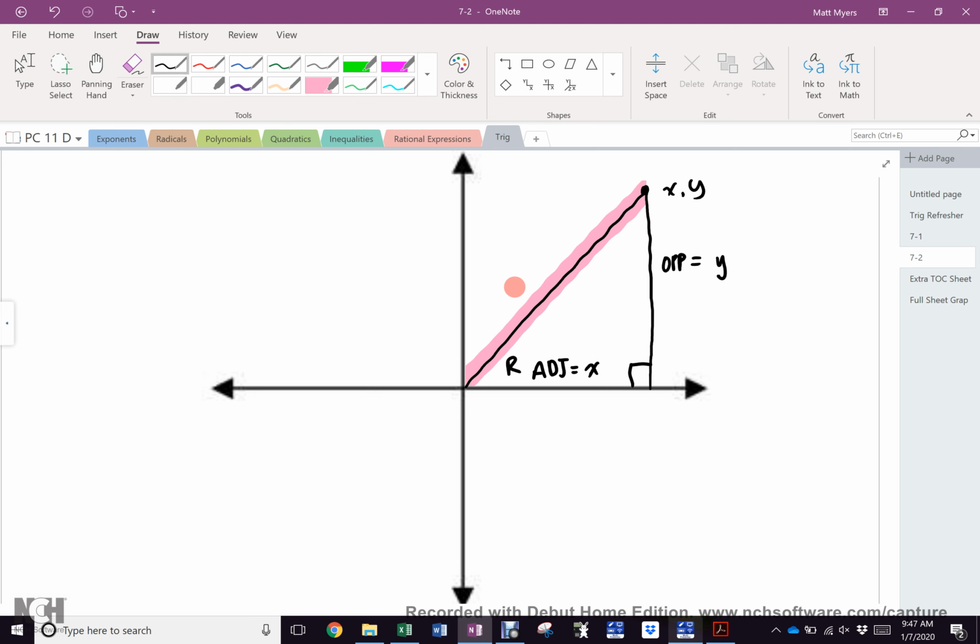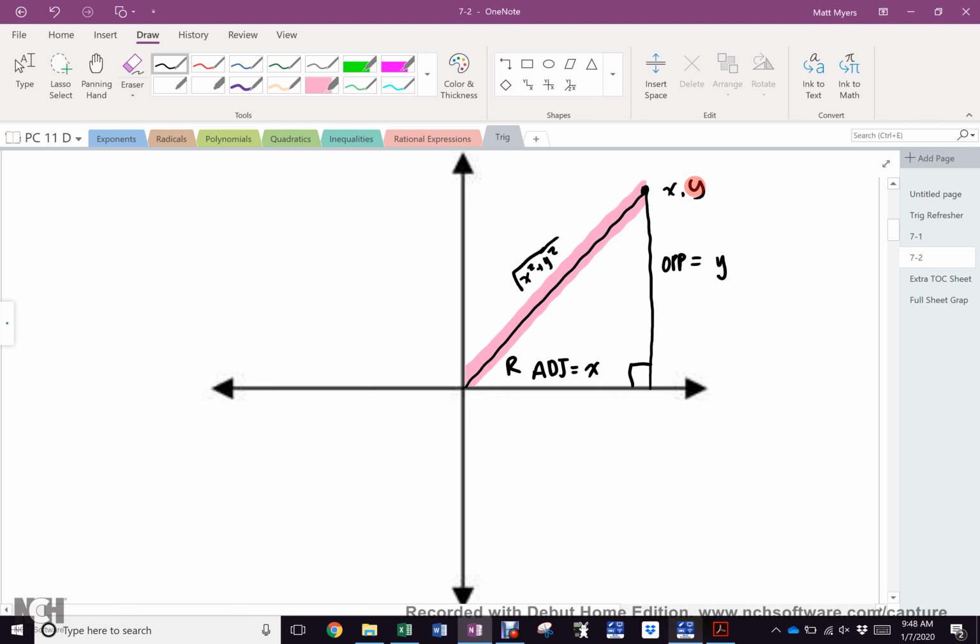No. a squared plus b squared equals c squared. Do I want this number squared? What do I want? The square root. So the hypotenuse is the square root of x squared plus y squared. Is everybody with me? No, it's not x plus y. Right? Is everybody cool? So now,